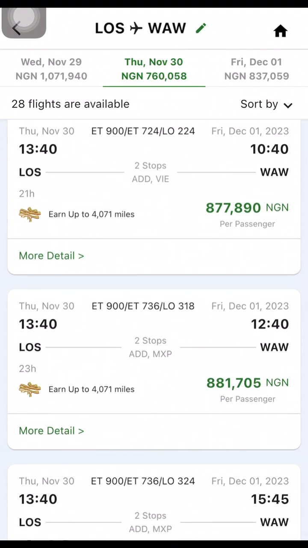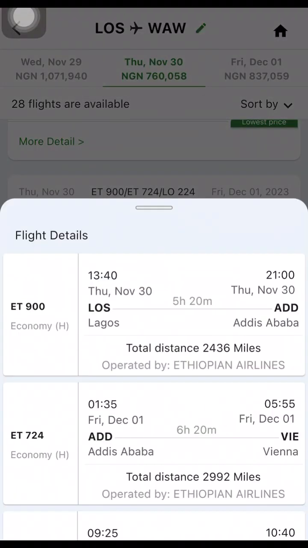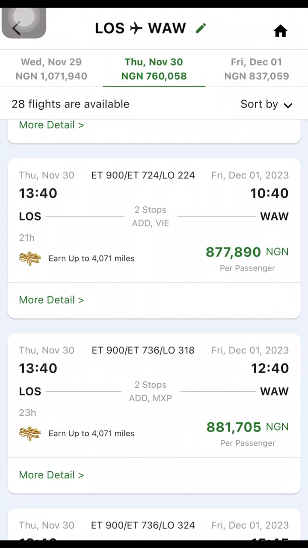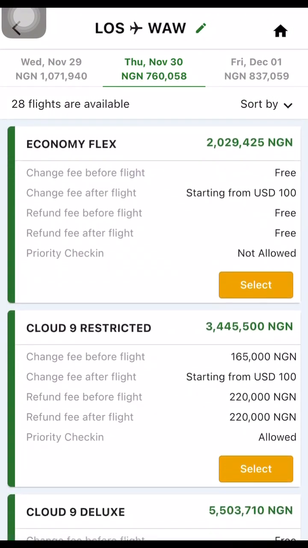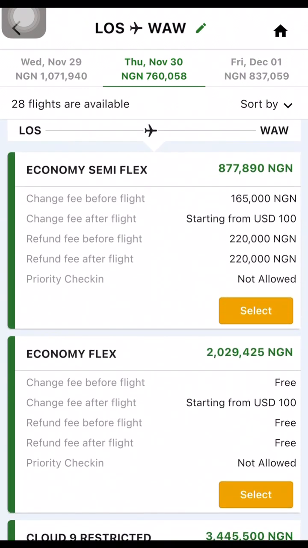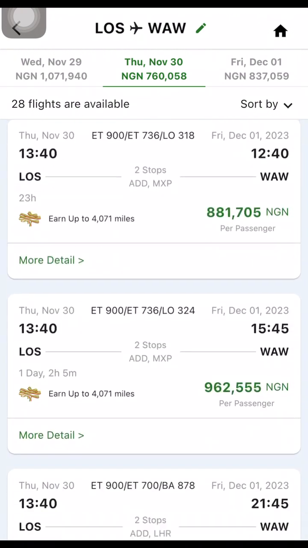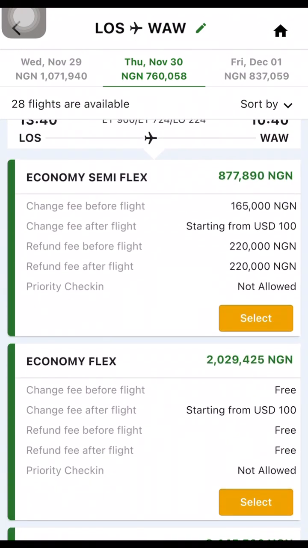next flight. So let us check this one. I think this one still has like enough time for stopover. We can just go for this first one. Can you see there are different price options? Though for the purpose of reservation, it does not really matter. But when you want to make your actual reservation, you need to check through to see what you are paying for. So let's just pick this option, the first option.